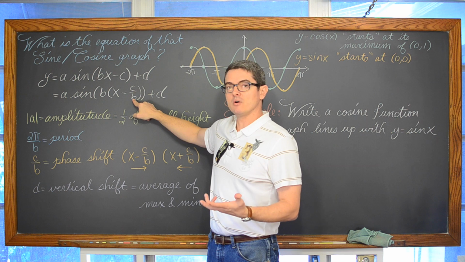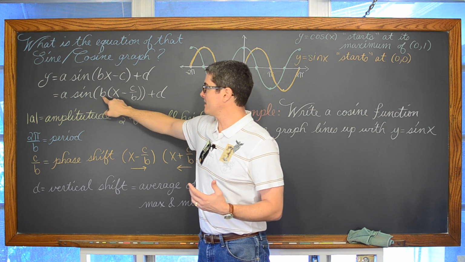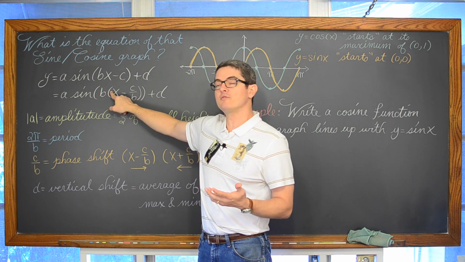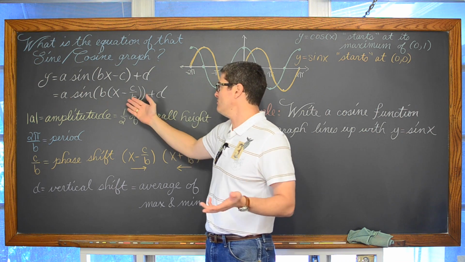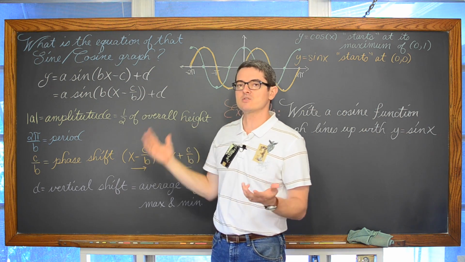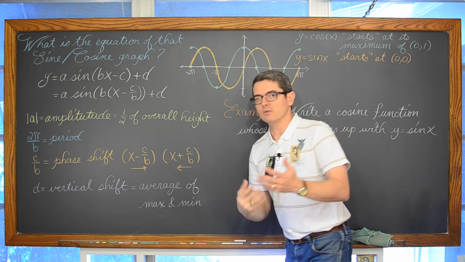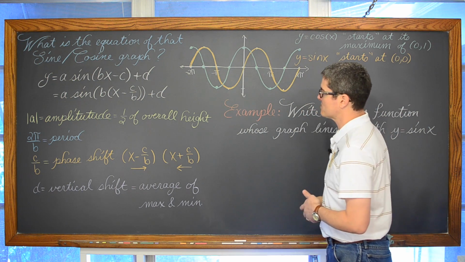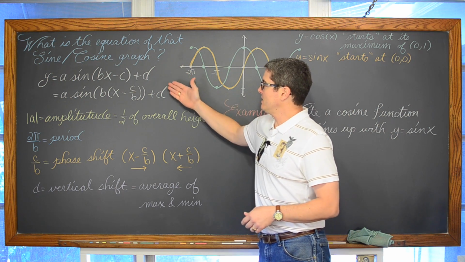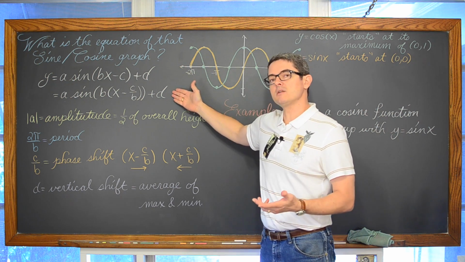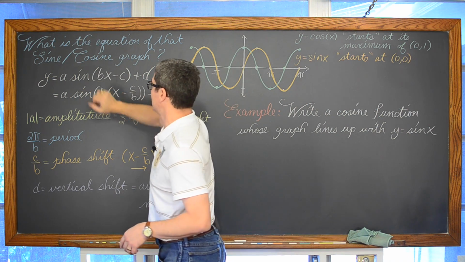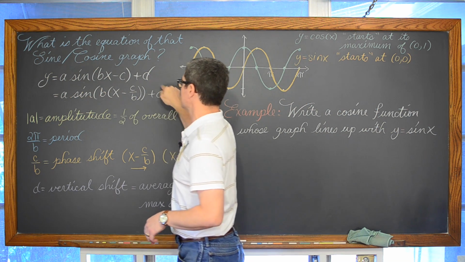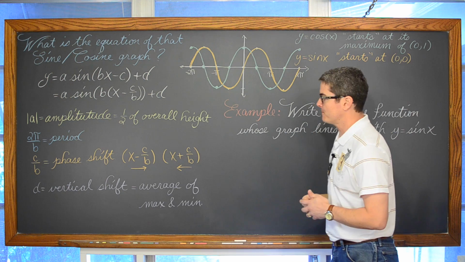If you're using a book that just automatically has the b out front and this coefficient on the x equal to 1, you might just see a c here and it says the phase shift is equal to c. So again, just be consistent with your textbook. And then we have an addition of a constant outside of the actual math function, not inside the math function, but outside, and that is your vertical shift.